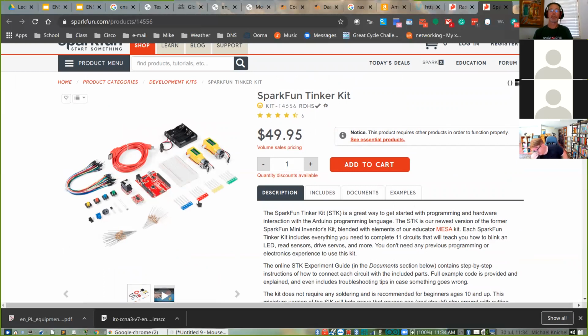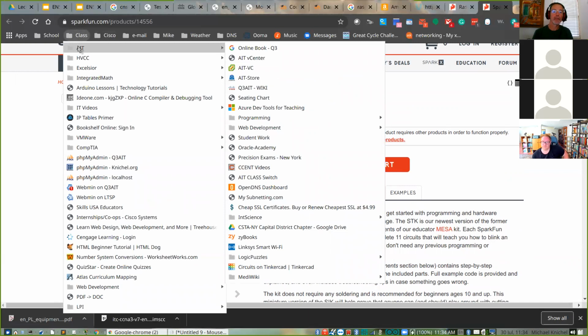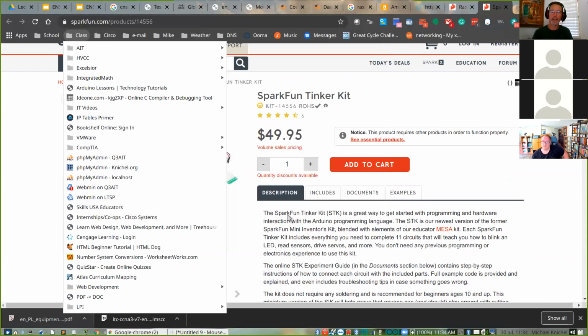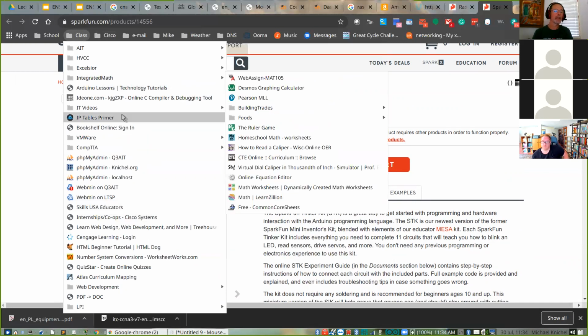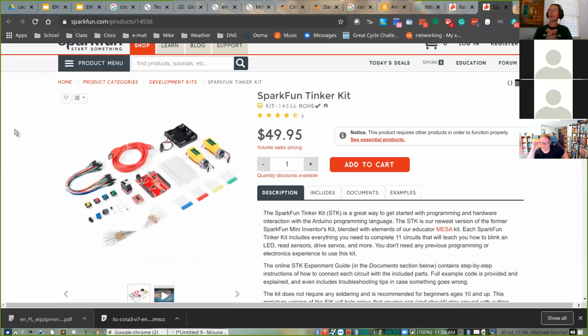And there's tons of videos too, by the way. I don't know where I have them, but if you go search, there are tons of videos on activities that you can do with Arduino boards and microcontrollers. Now, this microcontroller connects directly to my laptop, and I program it from my laptop, and then I send the code to the controller.